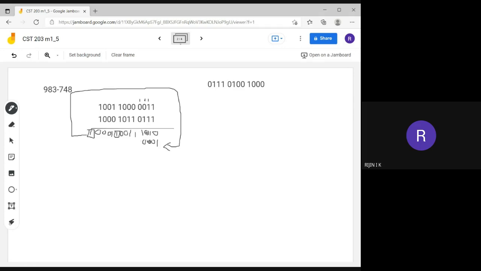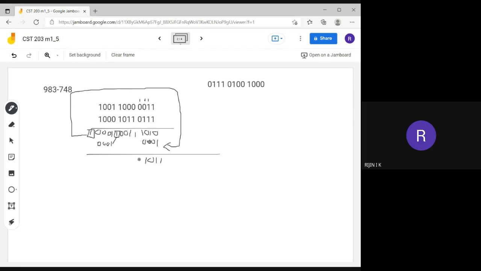Then here there is no carry generated, but here it is a carry, so just add it to the next one. That means here 1000. Then after that, what will be the result? Here it is 1, here it is also 1, this is 01.